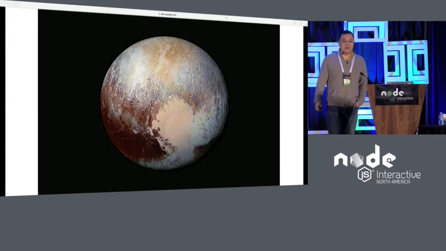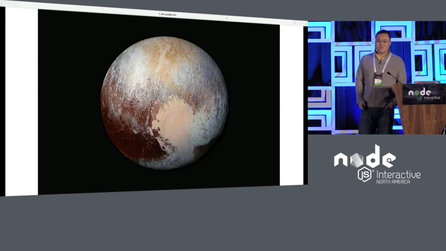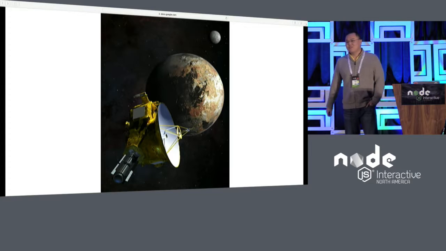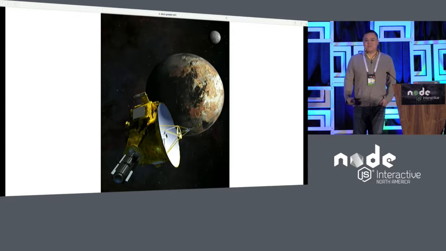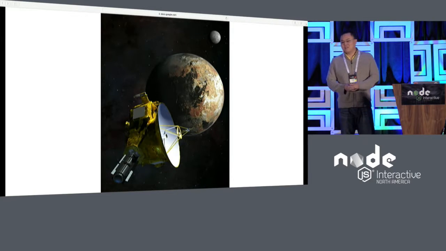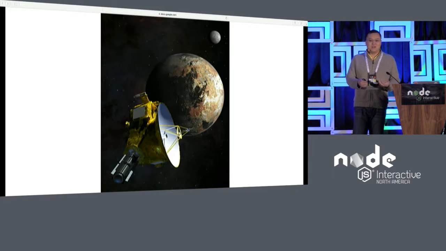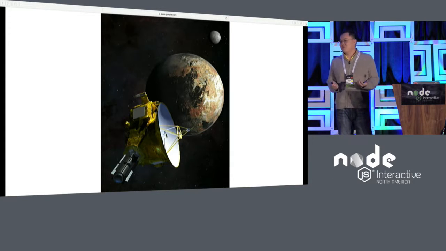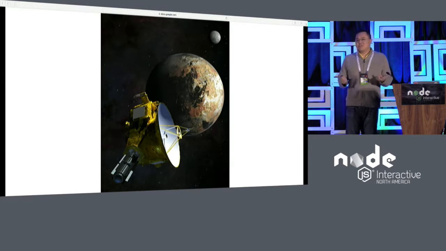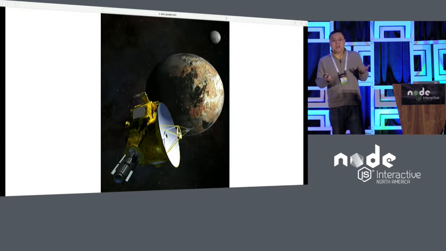I was actually really excited last year when the New Horizons probe flew by Pluto and took some really amazing pictures. And if you really think about it, NASA kind of has the same problem, right? They're sending a probe out into space to take some pictures and collect a lot of information about Pluto, but you only fly by Pluto once. And so let's say you're flying by Pluto and there's a bug in the application that the probe is running. What would they do?